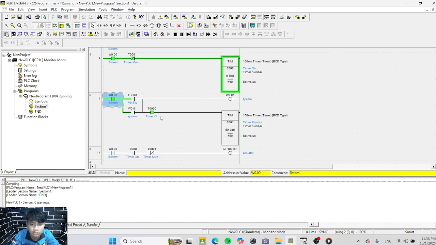Click no once, and the system address shows 10.00.